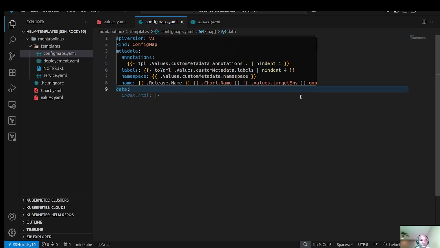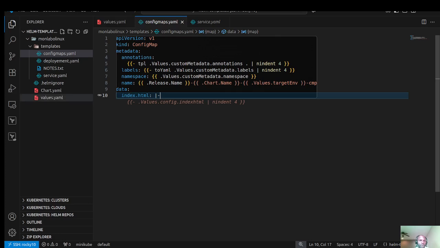So now we're going to put the name of the file here. The name of the file that we want the config map to have will be the key, and then the content inside will be the value. Since we are trying to put something as a document, we have to put this